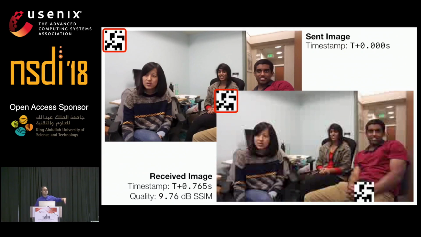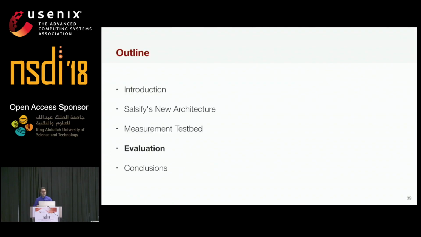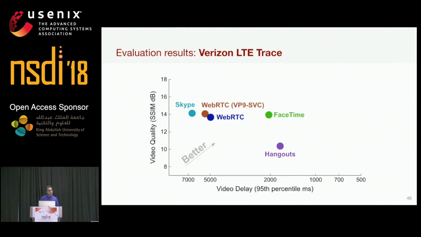And based on the timestamps for the sent image and the received image, we can see how long it took for the frame to get from the sender to the receiver, and also what was the change in the quality. So using this measurement testbed, we compared Salsify with 5 other schemes: Skype, FaceTime, Hangouts, WebRTC